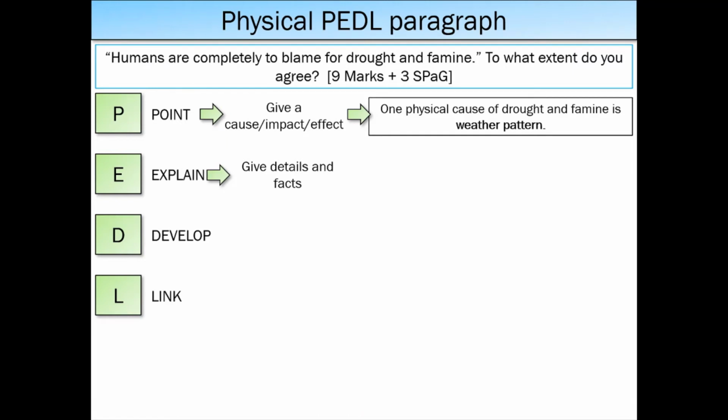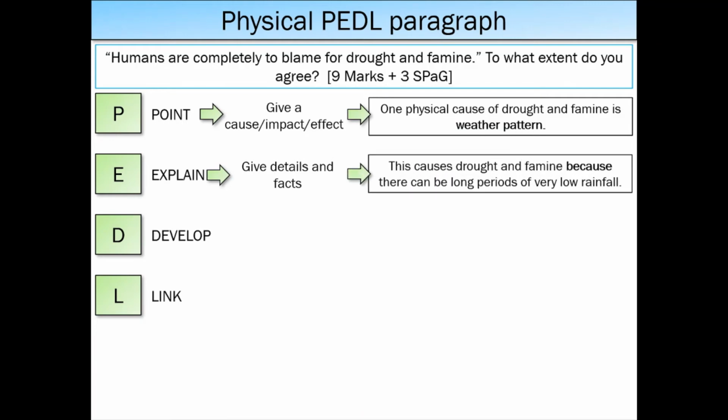So in terms of this, we're going to explain why weather patterns cause drought and famine. And the example I'm going to give you here is then this causes drought and famine because there can be long periods of very low rainfall. So I've explained how weather patterns cause drought and famine. As you can see, I've put 'because' in bold because it is your connective word, and that's connecting together to explain why that causes drought, because we know drought and famine is when we have very low amounts of water in an area, okay? We then move on to develop,